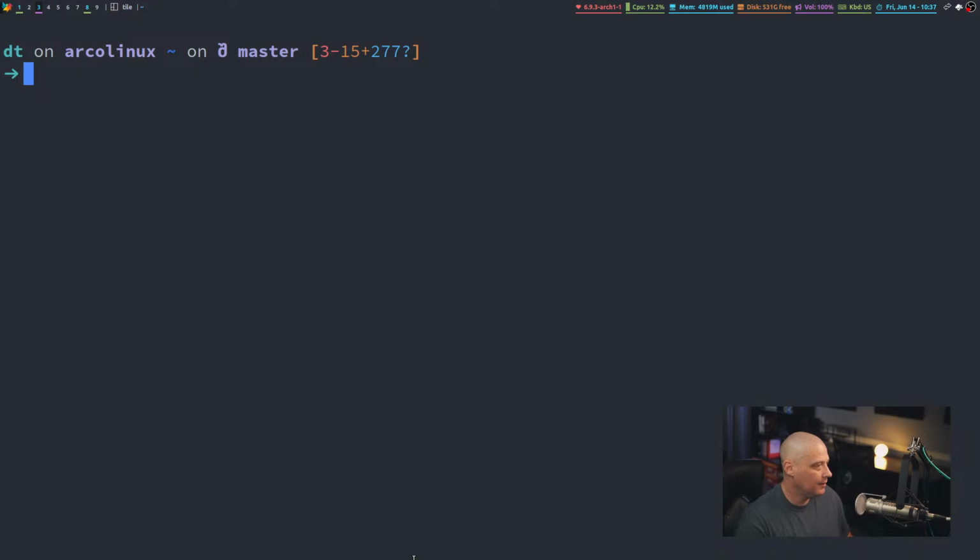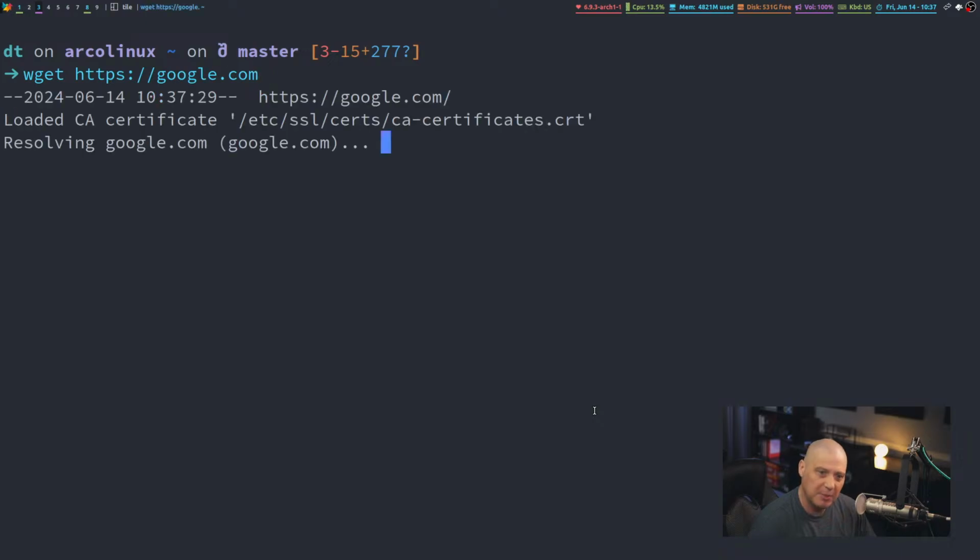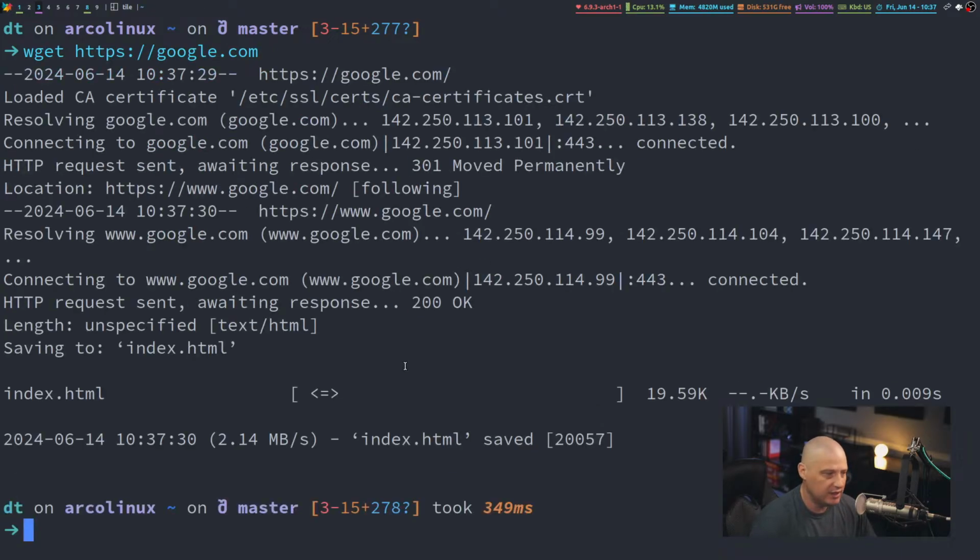So let's cover another kind of networking related one, but not really. It's wget. What this does is it downloads things from the internet. You give wget an address. So let's give it https, how about google.com. Well, I can type google.com. We keep pinging Google. I'll go ahead and download google.com. wget google.com. What that just did is it downloaded that address, https google.com, and of course